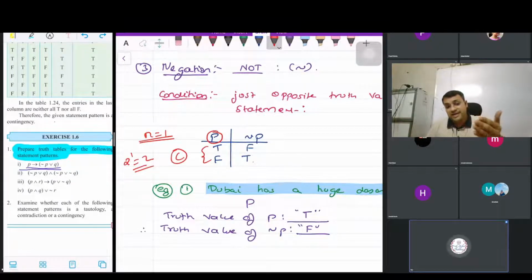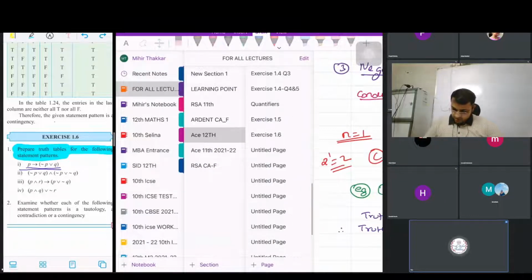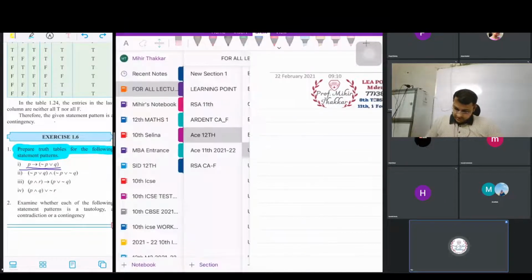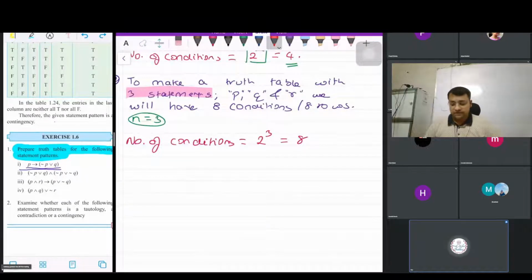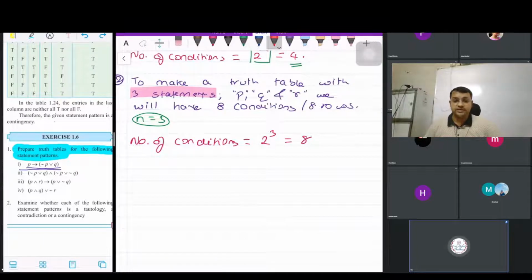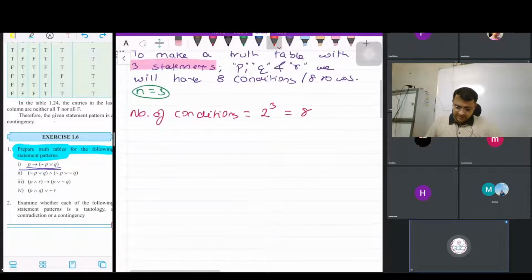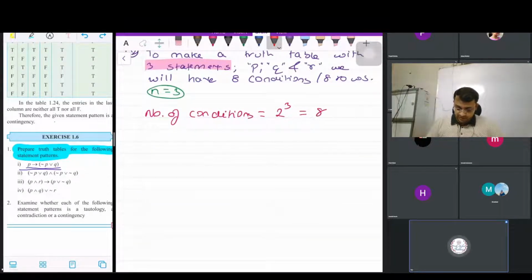In the same manner, when I come to three statements P, Q and R, I will show you how to get the 8 conditions. But for now, has everybody understood the meaning of the conditions that I am talking about? Okay. So let's go back and continue with our note. Where is it? I guess it's here. Yeah. So for three statements, you will be seeing 8 conditions. I'll explain how we get that. Let's not worry about that now. As of now, there is one more important point that we need to know. So please take down point number 3.